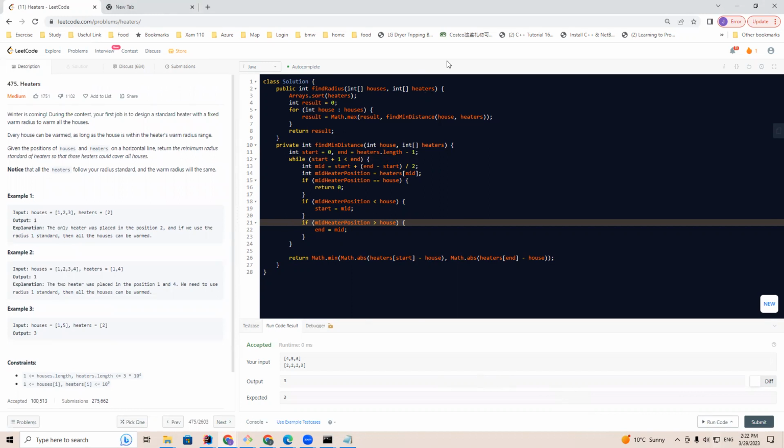The second approach is that for the houses and the heaters, we can have 2 pointers. One will be the house pointer, which will iterate from left to right. Another will be a heater pointer. So we can have an outer for loop that will iterate the houses. And we'll have some conditions that if